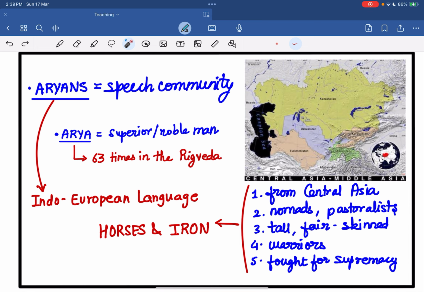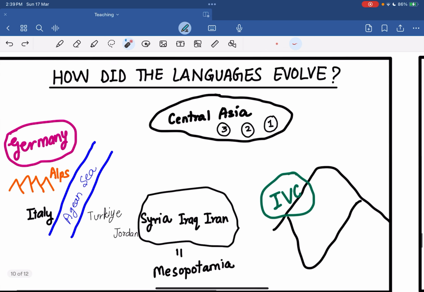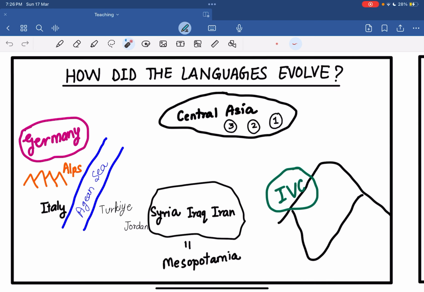also over the period. So we see, we're moving to our next section, that is, how did the languages evolve? And to answer this question, we'll have to look at things very carefully. Let's say for simplification purposes, we know that the Aryans' origin was the Central Asian region. Now for simplified purposes, let's say there are 3 groups. Aryan lived in groups, right? So for simplification purposes, we're saying that we're taking into consideration 3 groups of Aryan. 1, 2 and 3. Let's say group number 1 comes and settles in India.